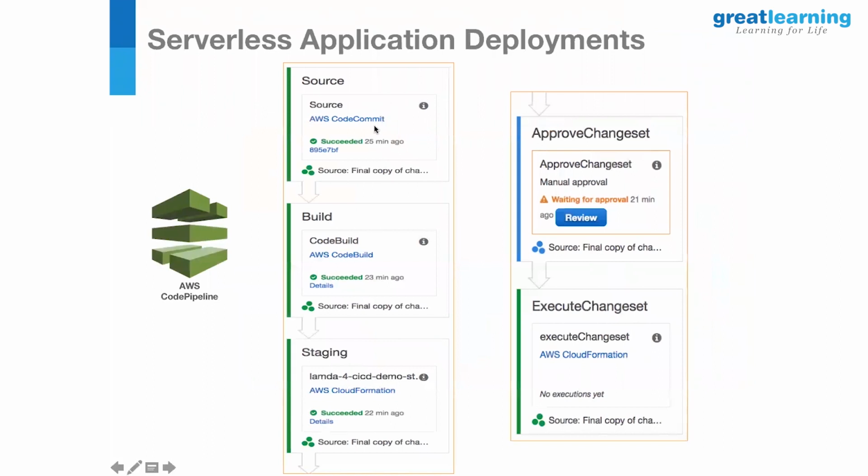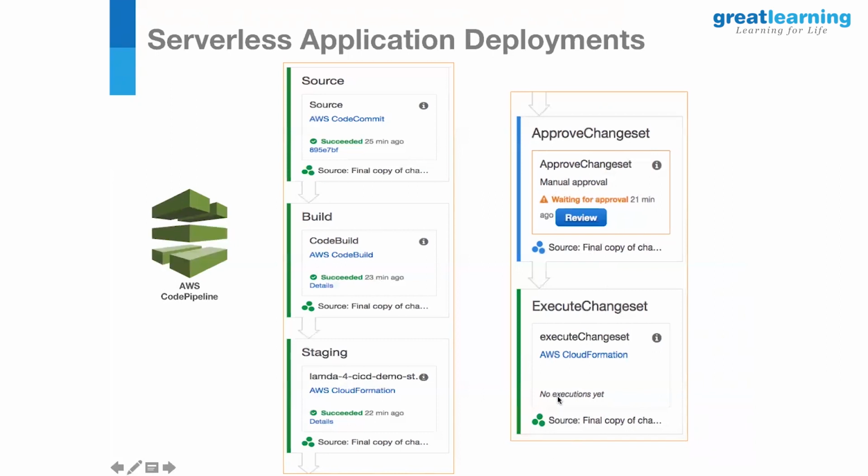And these are the 5 stages, a screen print from the AWS console. You pull the source code for the Lambda function and you build it. This is where it converts the SAM template into the CloudFormation template, and it moves on to the staging. And here, approval. Okay, this has sent a notification to my manager. He has not approved for the past 21 minutes. If you're really keen to get this pipeline to move quickly, just call him up and ask him to approve. Once it is approved, this will automatically turn green and it will move forward.